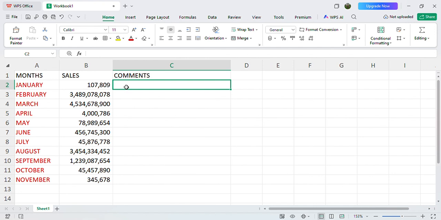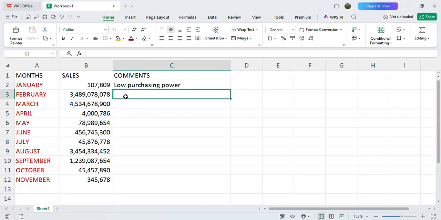For example, January, the main reason why there was low sale, maybe we had low purchasing power. Maybe there was maybe these ones. Okay, in February there was high sales.